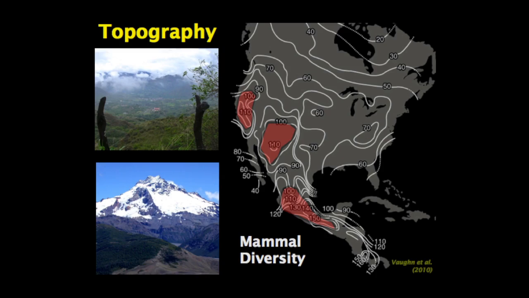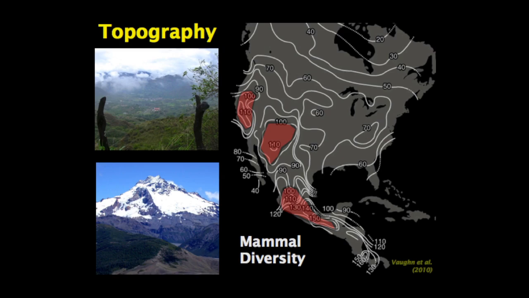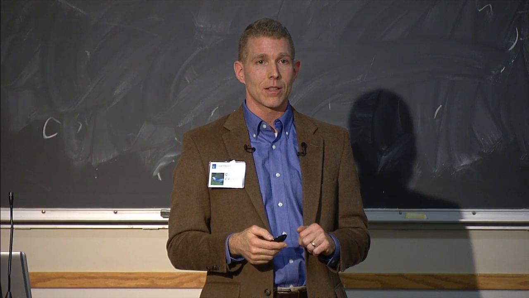To illustrate it, here is a map of mammal species diversity of North America. You can see that going from north to south, there's that latitudinal diversity gradient, right? We get more species as we go north to south. But look at those red areas. Those are the areas of highest species diversity. These are areas of high topography. So if we take a single line of latitude and we trace it across from the east to the west, you see another gradient of increasing diversity. It's this topographic complexity layered on top of this whole effect of latitude. So there are lots of things that can affect species diversity.